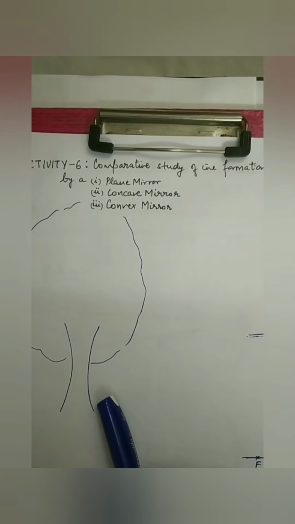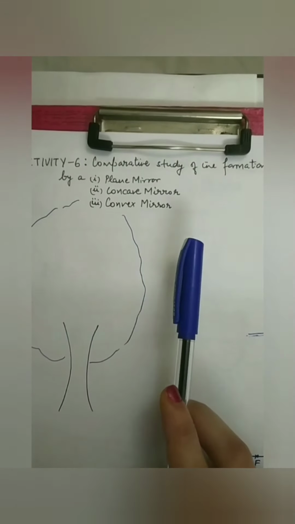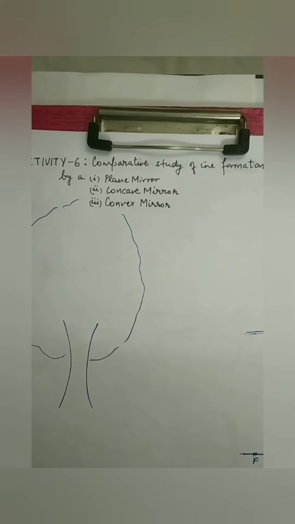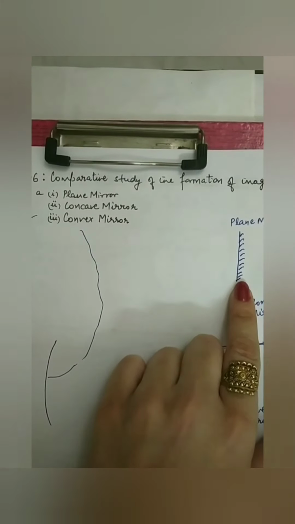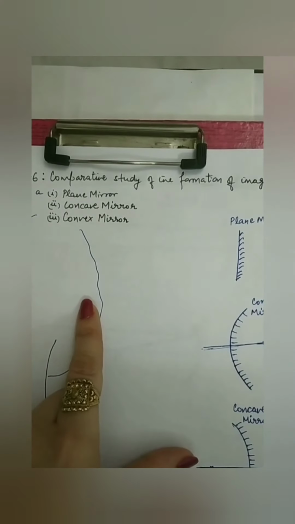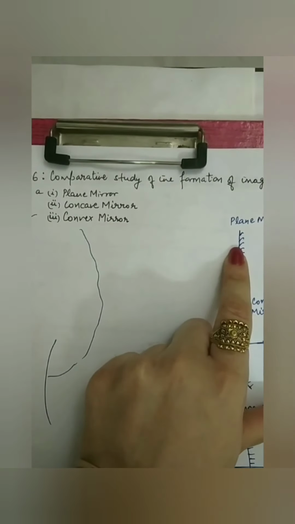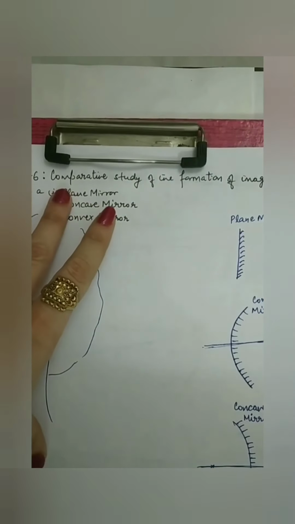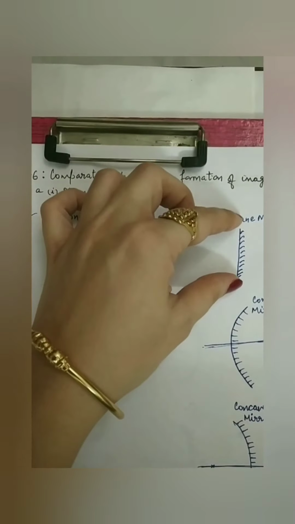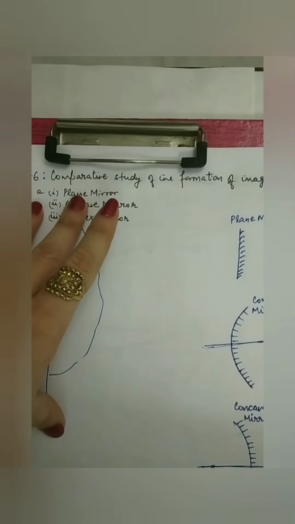In this activity, we will observe the image of a distant object, let's say a distant tree, by using 3 different kinds of mirrors. With a plane mirror of normal size, we cannot see distant big objects like a tree. A plane mirror forms an image of the same size as the object, so a normal size plane mirror cannot form the whole image of a tree. The height of the mirror should be at least half of the height of the distant object.